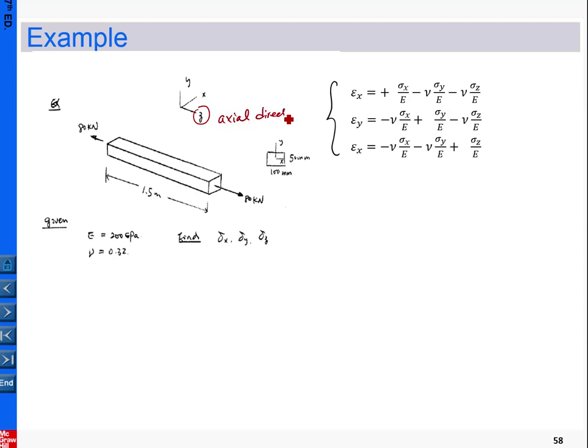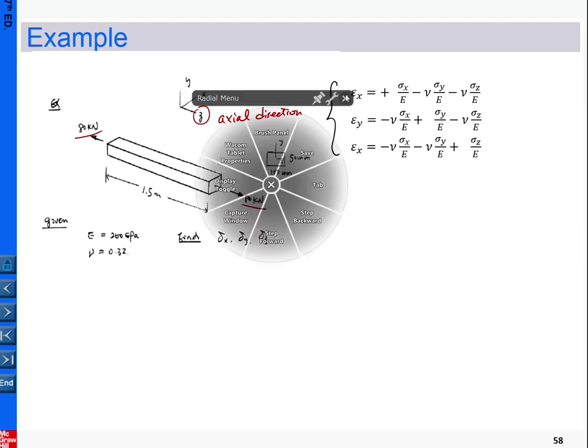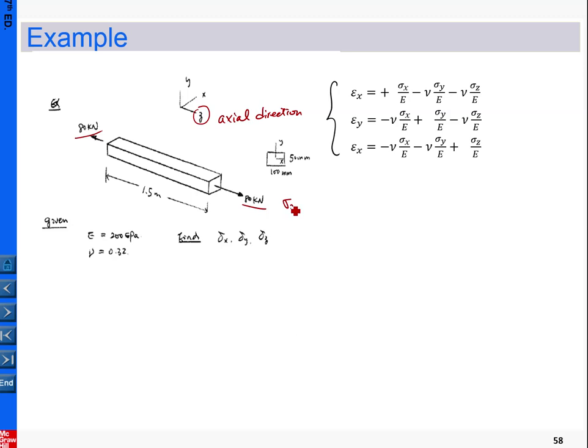Those are our axial directions, because the axial direction is the direction where the loading is applied. So that is what we define as the axial direction. In this case, we can determine the stress in the axial direction: that is 80 kilonewtons divided by the cross-sectional area,